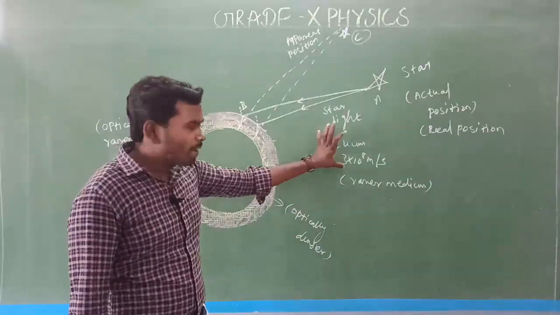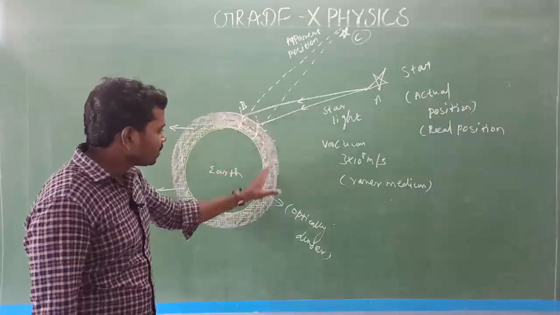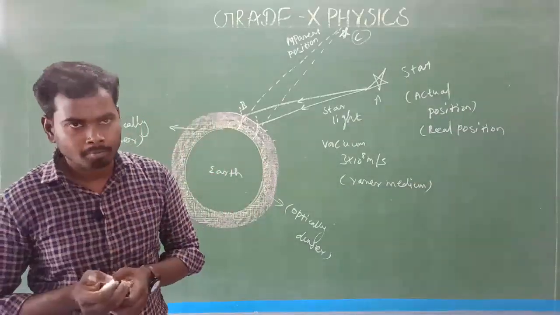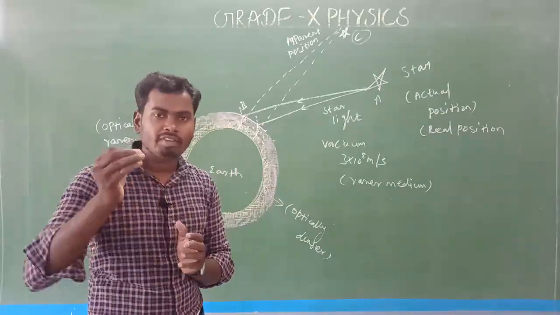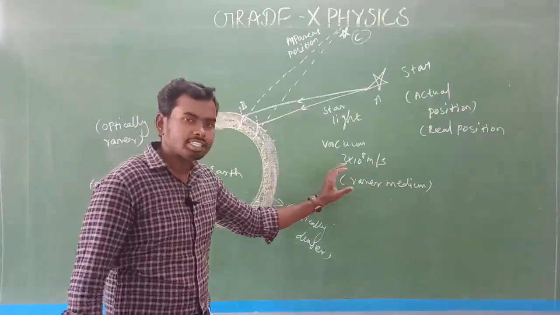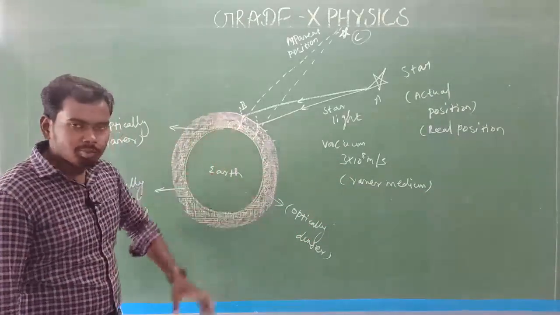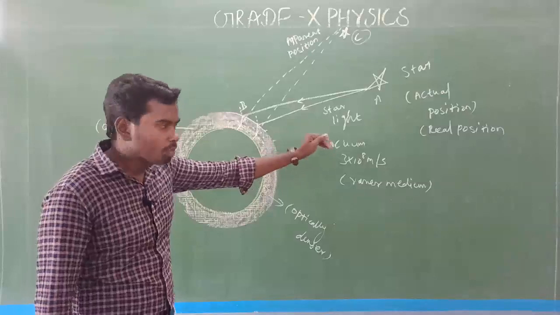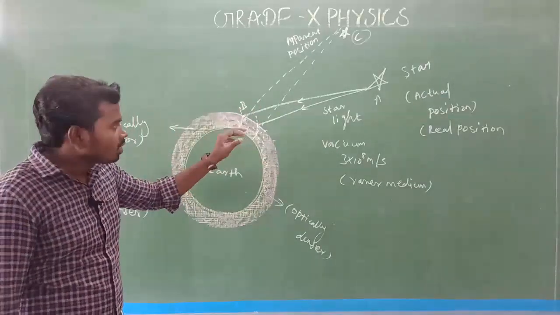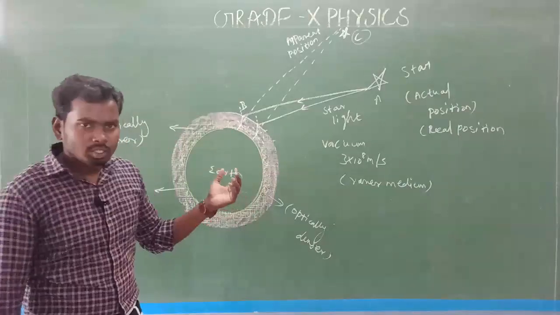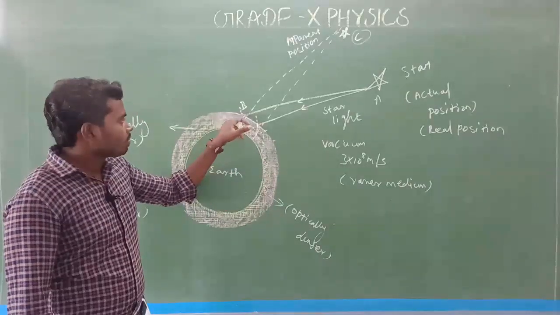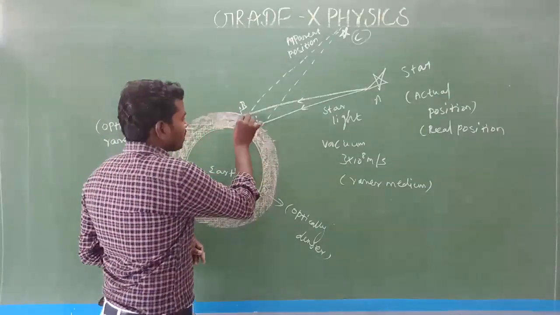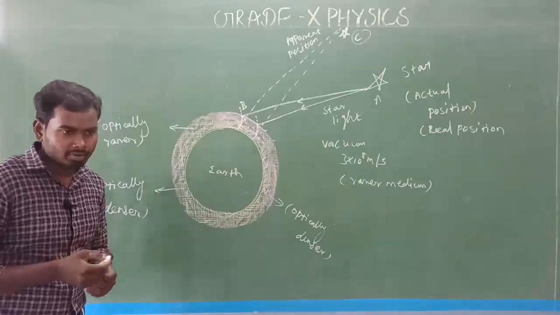Am I right? Yes. So here space acts as an optically rarer medium and the atmosphere acts as an optically denser medium, because in space nothing is there, not even air particles. But the atmosphere has different air layers having different densities. So when the light travels from space, which means vacuum, into the atmosphere, the light speed will decrease. This is normal. Due to this, the refracted ray moves towards the normal like this. This is one refracted ray that moves towards the normal. Am I right? Yes, that's all.